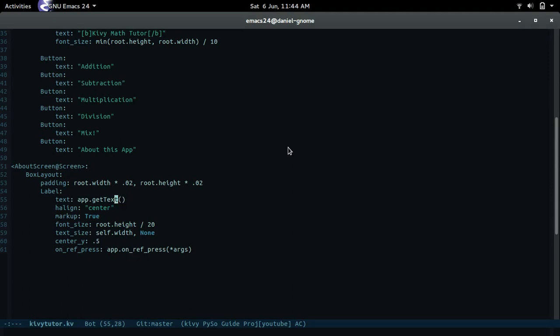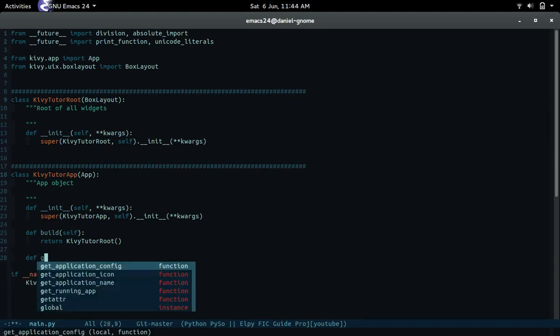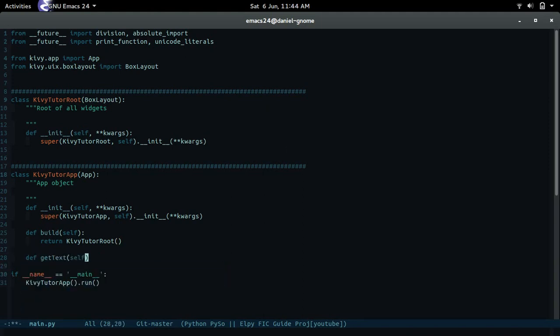So as I was saying, we're going to get the text from this method from the app class. So let's just go over there. Let's switch files, and then let's create a new method, the get text method. So get text, there you go. And this is what it's going to return. It's going to just return a tuple that contains